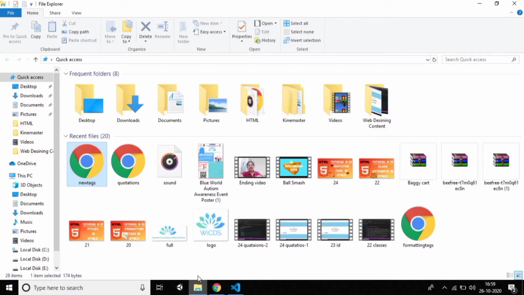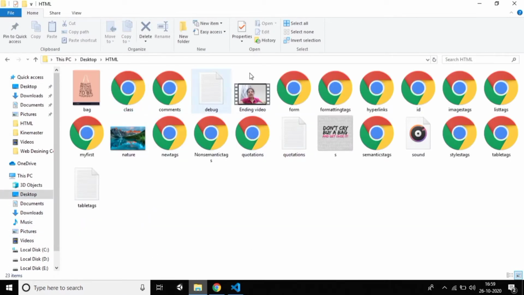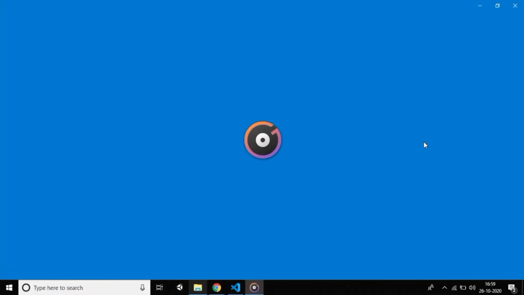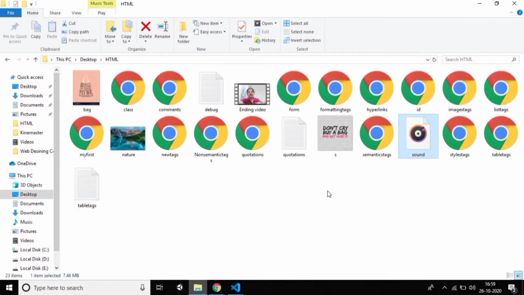I downloaded the audio, so I'll show it. It was on my desktop, so you can see I downloaded the audio. If I play this one, definitely the sound is very good. If you don't know how to download the audio, I'll put the drive link in the description. Just click that link and you can download it directly and use it. No need to worry about how to download this audio file. Now, the name should be something you remember. The sound is in mp3 format, you should remember that.